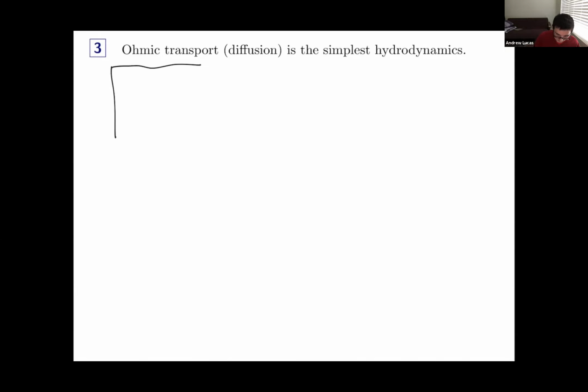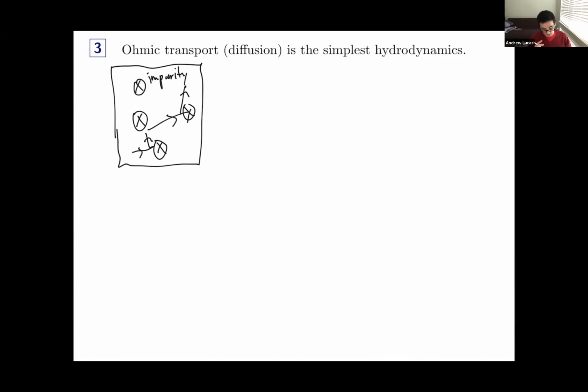context. So let's imagine that we have a metal here, and this metal has maybe lots of impurities that I'll schematically denote like this. And at low temperatures, the resistivity of this metal will be dominated by single electrons bouncing off of these impurities. So let's just imagine I've got this ensemble of electrons bouncing around between different impurities. And I don't really want to keep track of every electron in the system. That's a very complicated